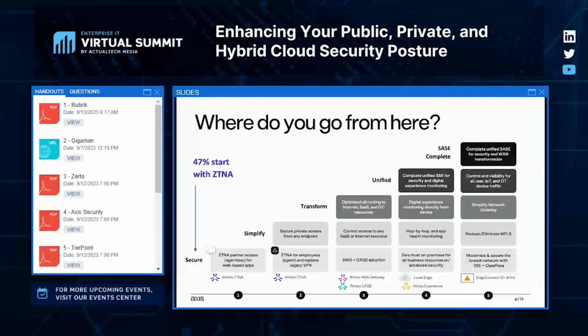It's worth noting again that the ZTNA product and the SWG product are integrated. They are from the same code base. They're not a separate UI. It's just a new rule in a policy, and that's it. And once you've done that, you can standardize access for all your internal and external applications, as well as your internet access. Then you can add on our CASB feature for SaaS security. As I've mentioned, our CASB is a feature and not a separate product.